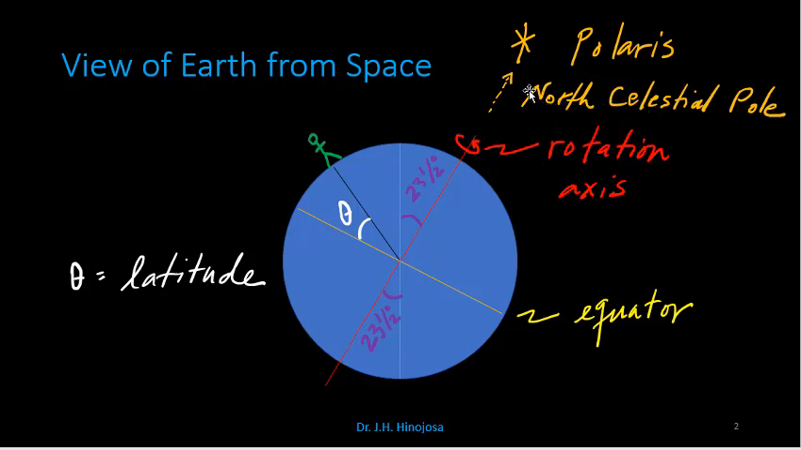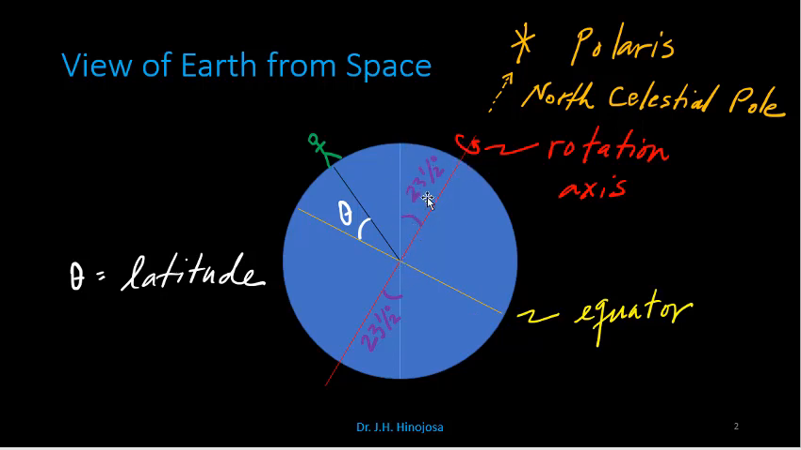And very close to the North Celestial Pole, but not quite on it, is a star called Polaris, or the North Star, and we can use that as a guide. So it's not quite on the North Celestial Pole, but it's very, very close that we can use it as a guide. Now, perpendicular to the rotation axis is the equator on Earth, and we can see that the rotation